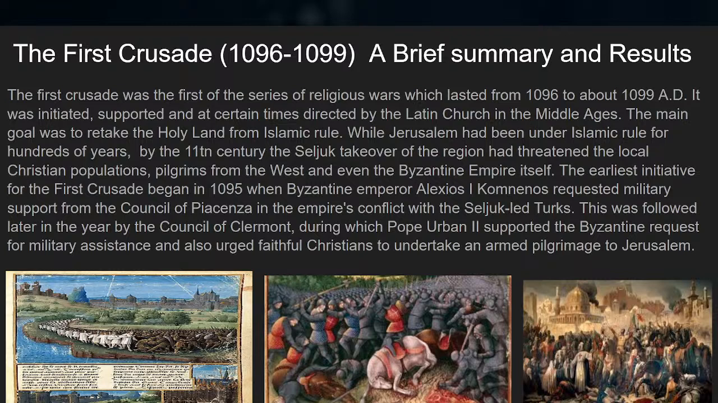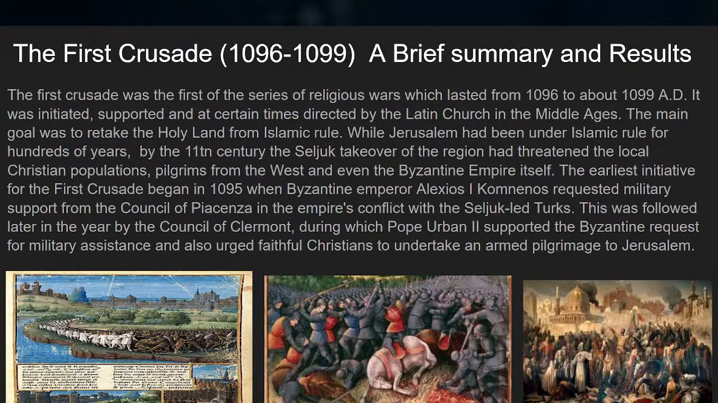Jerusalem had been under Islamic rule for hundreds of years. By the 11th century, the Seljuk takeover of the region had threatened the local Christian populations, pilgrims from the west, and even the Byzantine Empire itself. The earliest initiative for the First Crusade began in